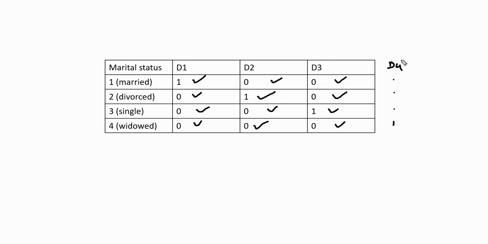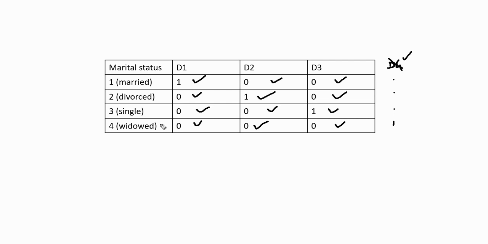And the fact of the matter is that this particular variable right here would contain redundant information with the previous 3 dummy coded variables. So then you end up with a problem of singularity when you run your linear regression. So we don't want to include a dummy variable right there. So you'll notice though with 4, again, we have our codes of 0, 0, 0 across our 3 dummy variables,